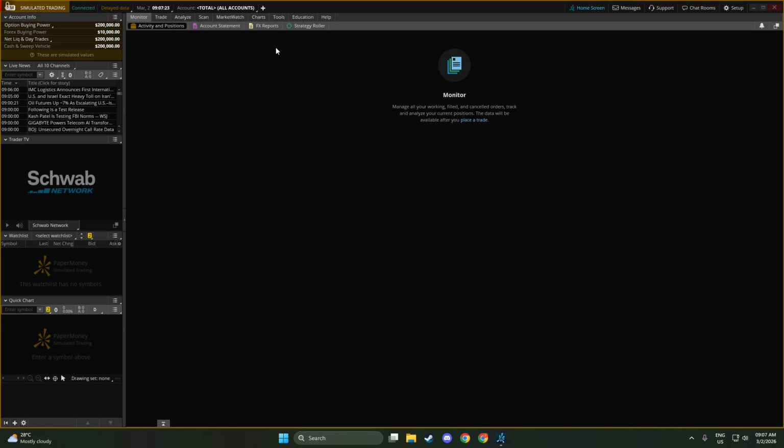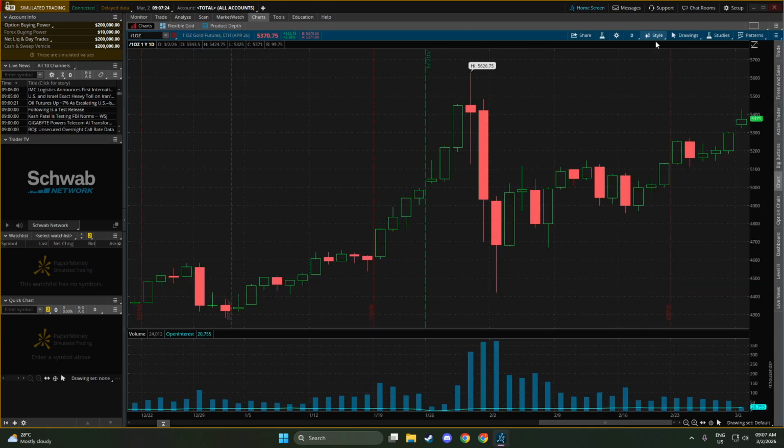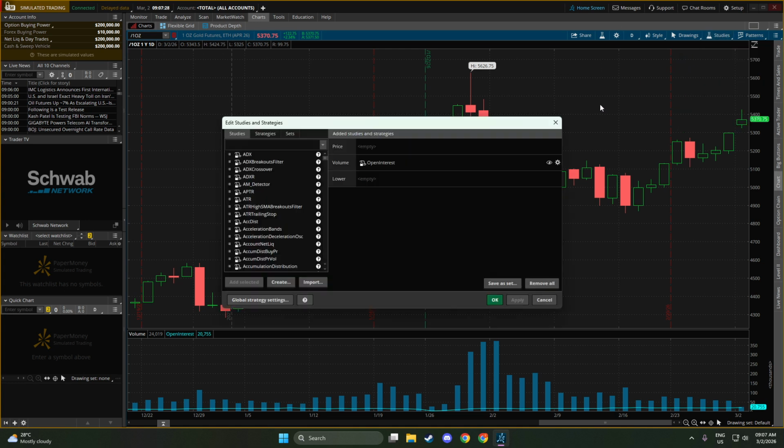Start on your chart and look for the toolbar at the top. Find the Studies button. This is the beaker icon. Click it to open the menu, then choose Edit Studies. This brings up the main window where you manage everything you see over your price chart, including lower studies like